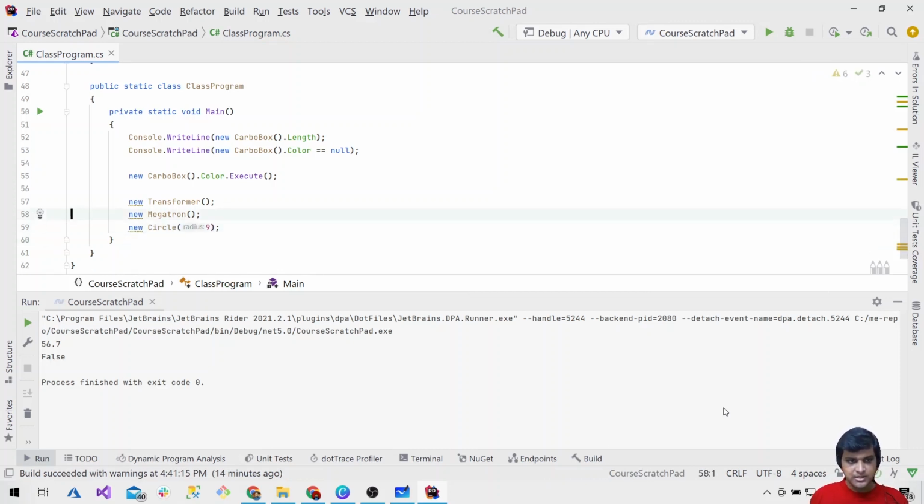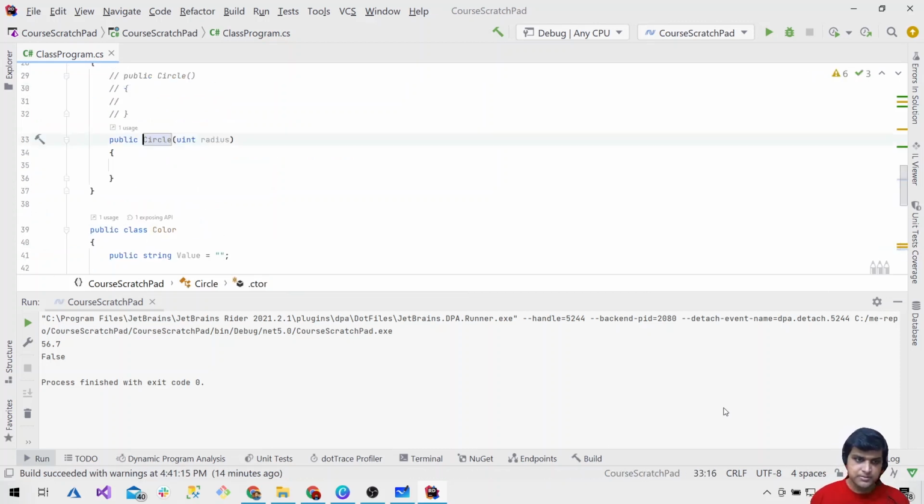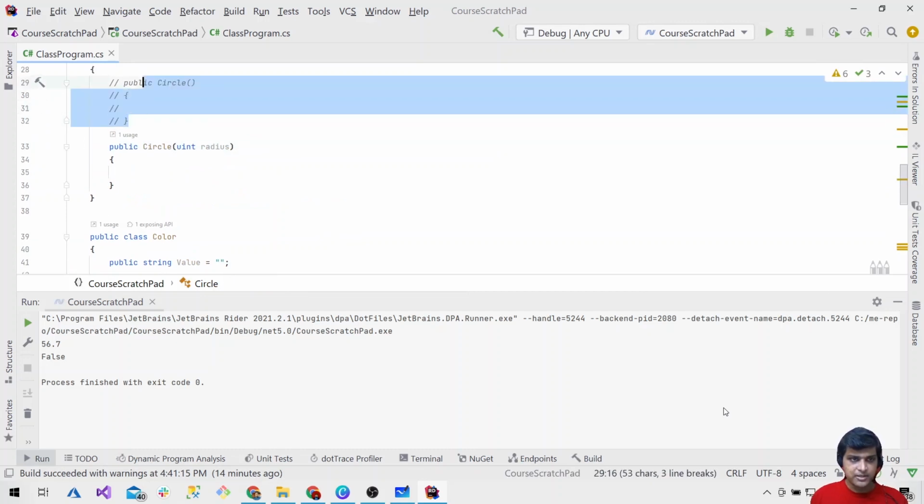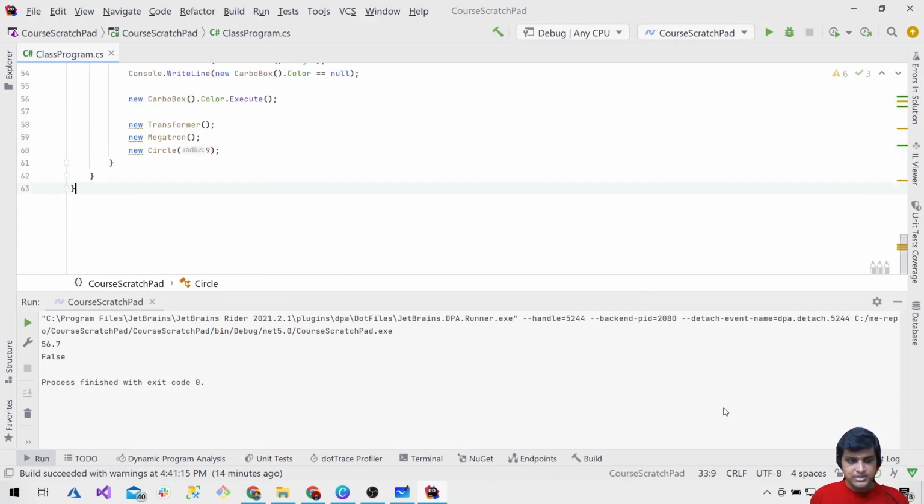Now here comes another part, which is having multiple constructors. So what if we provide this? So it means we can do what we attempted previously. This is valid now, because